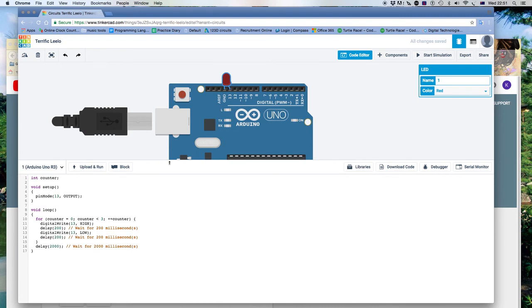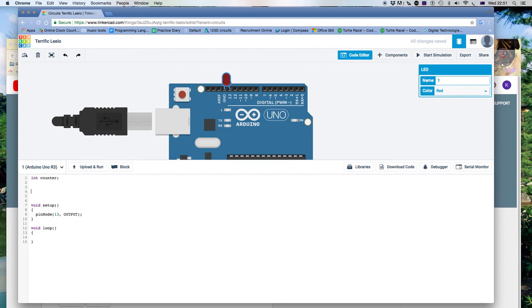Alright, so here we're going to modify this code a bit. The first thing we're going to do is, we've got an initialized counter, that's fine, and we've got a for loop here. So I'm going to grab this whole block of code and put it up here. Now remember I said before that this is where we can actually put our function. So I'm going to create a function